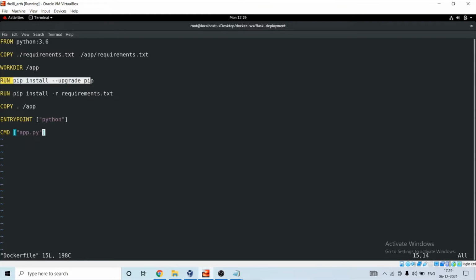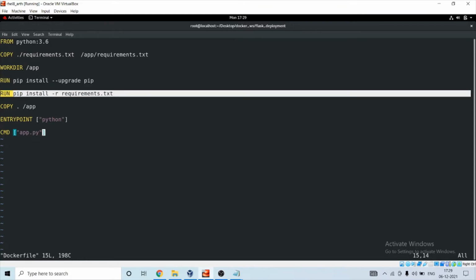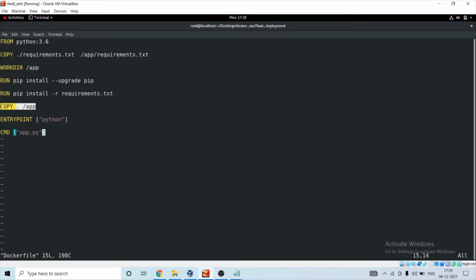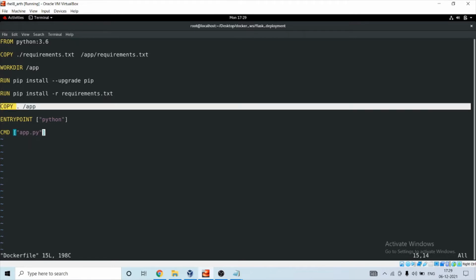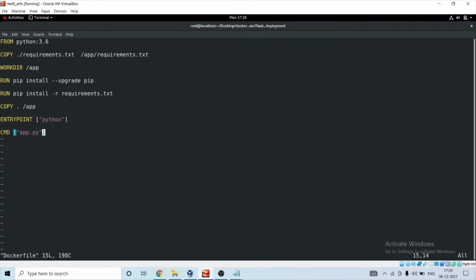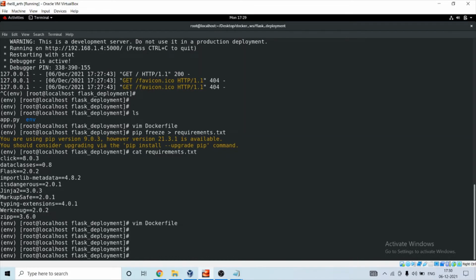It will upgrade the version of pip and install all the necessary libraries that I have installed. Then it will copy all the contents of this directory in our local system to this container. And this is the entry point and command, so basically it will run python app.py. So let me save this.